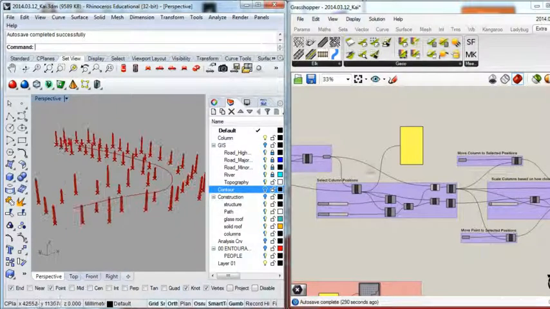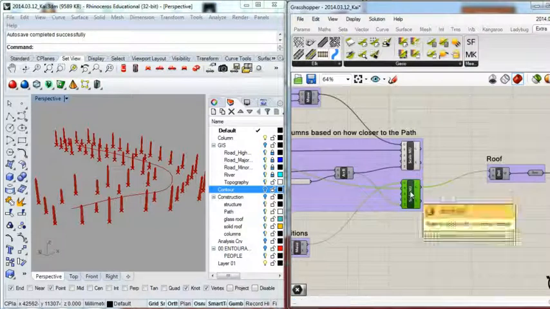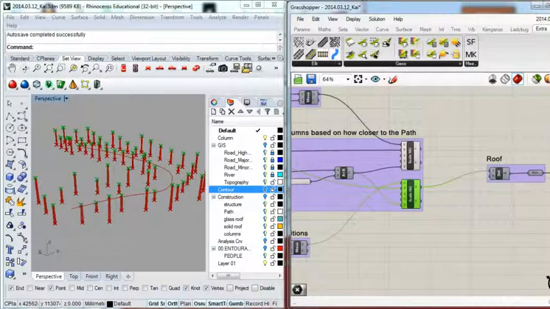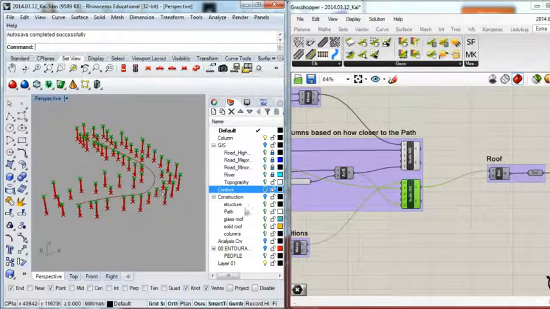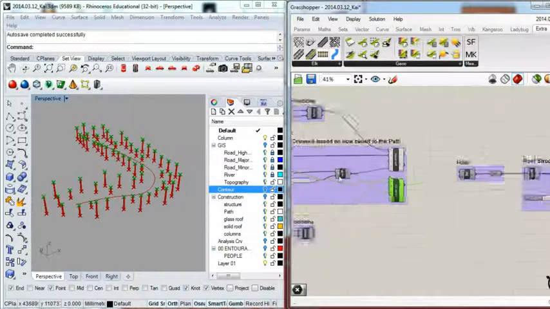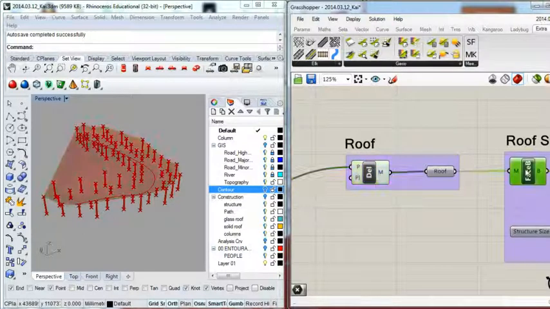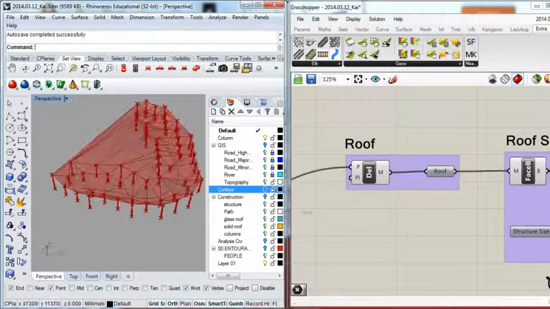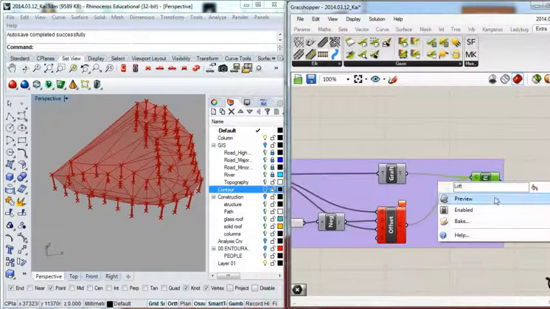So step 5 is to generate the roof and the roof structure. In this step, I got all the columns in the right position and the right scale. At the same time, each column had a top point, which was also moved and scaled. So I connect all these points to get the roof, and had lines offset to set the roof structure. This member's thickness would be played with and analyzed afterwards.